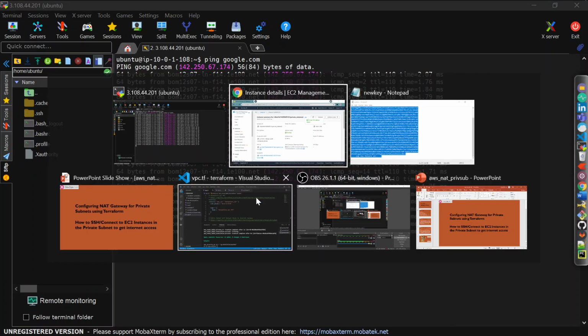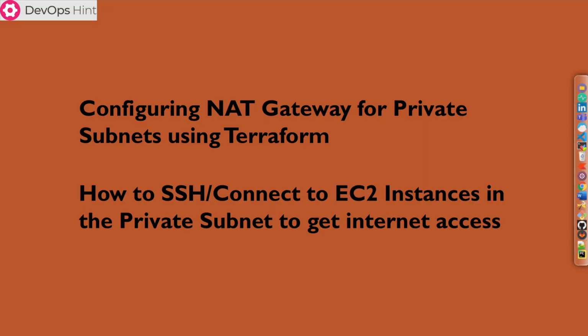So friends, we have successfully created the resources, the VPC, public subnet, private subnet in AWS using Terraform, and we also saw how to connect to the EC2 instance which is created in the private subnet to get internet access. Because we have discussed the two scenarios. In the second scenario, we may need to update the database or make changes or do some patching like this.